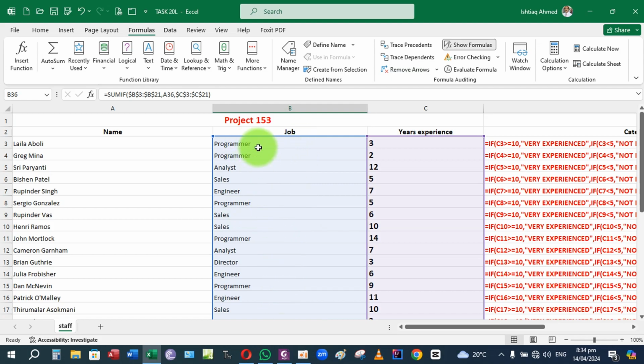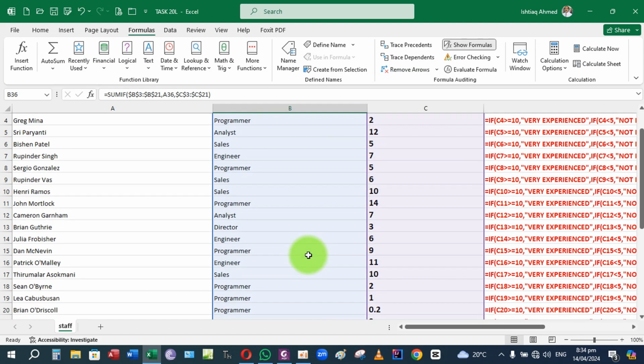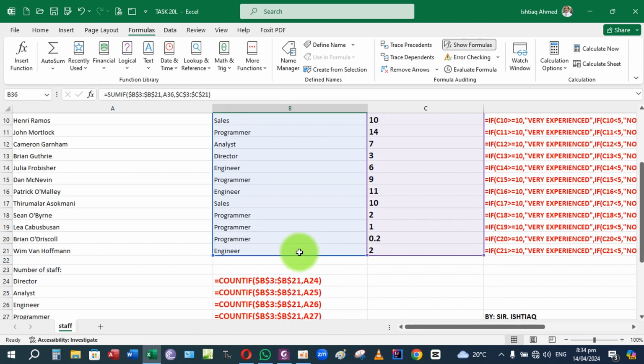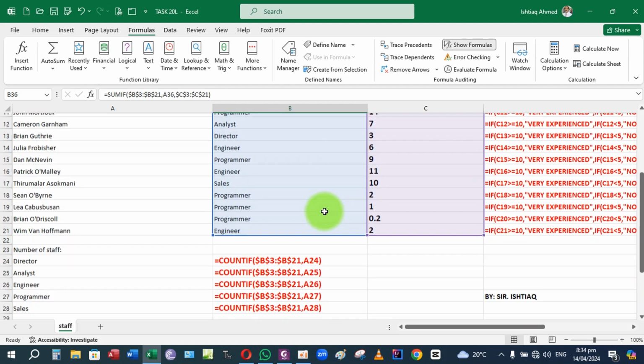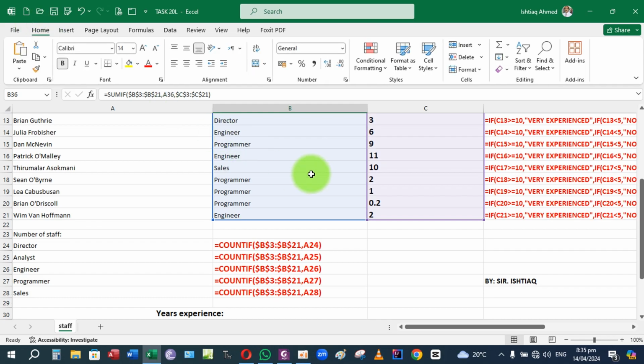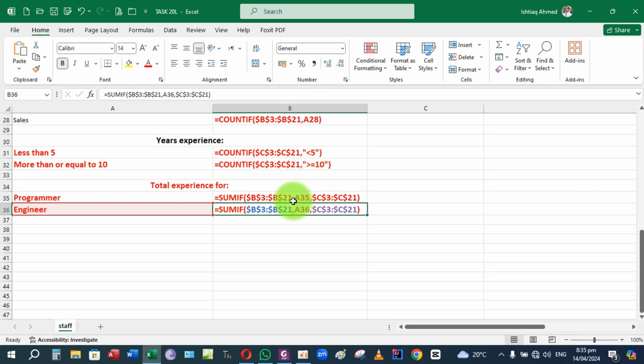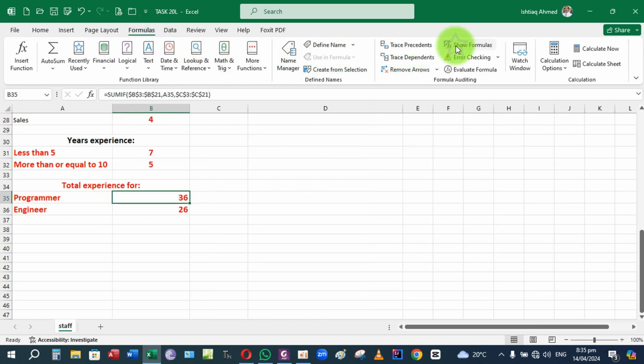Now what they have done is first select all the B3 to B21, they have got the programmers, in front of all the programmers. They have summed these numbers, showing how much experience the programmers have. Then for the engineers, there is also 2, and you can find 0.2 and all these, which they are also going to show you. Again, if I select it and close that formula,